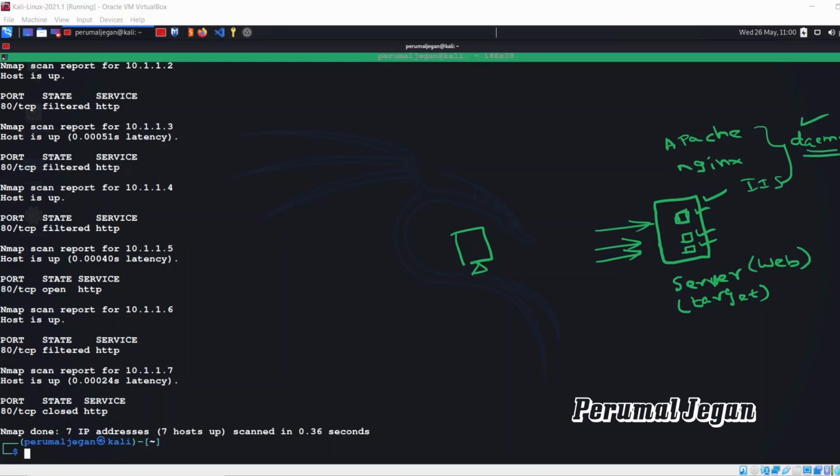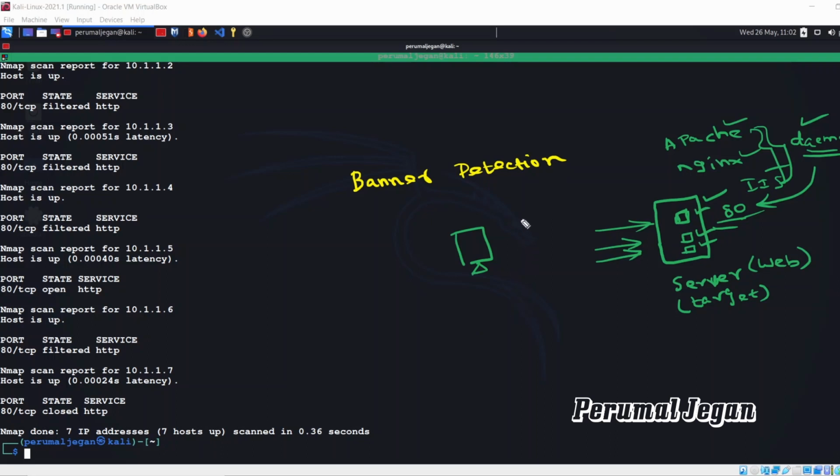So basically the daemons listen on a particular port. In this case, assume my web server is listening on standard port 80. So we can say my daemon is listening on port 80. I mean, daemons like Apache, Nginx, IIS listening on port 80. We found all the ports open on our target, but we didn't find the services running on those ports. So in order to find that, Nmap uses a technique called banner detection.